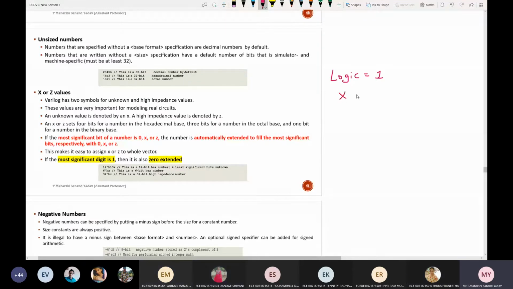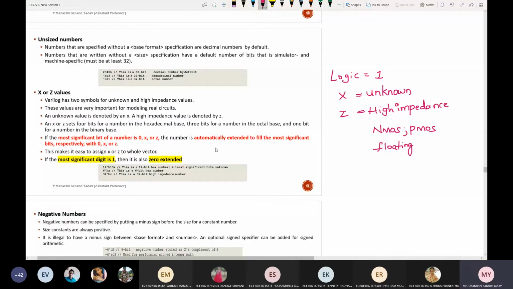What about X and what about Z? X means unknown value. Z means high impedance. High impedance is also called as floating point. When will you see this concept of floating? CMOS inverter, when both the NMOS and PMOS are on. Okay. When both the transistors are either on or off, it is simply called as floating.